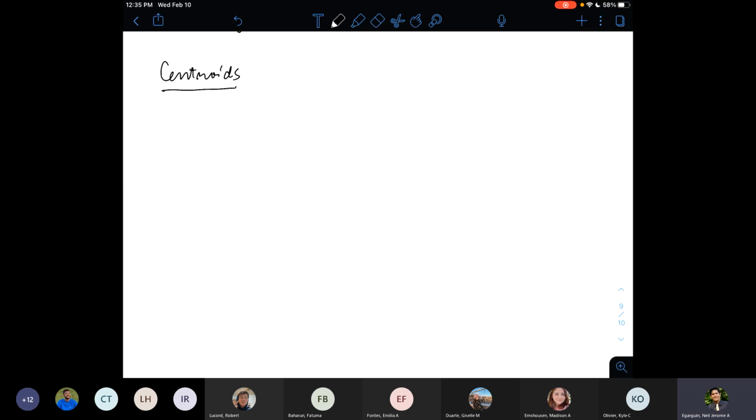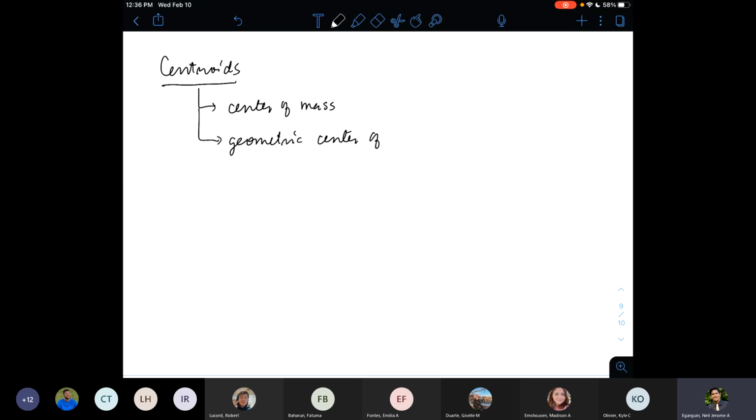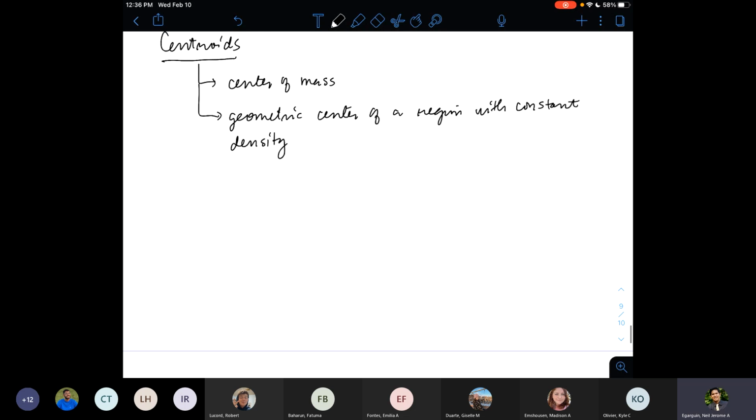Ah, you did the surface area last Monday. Oh, okay, I see. Now let's look at centroids. Centroids are basically the center of mass for a region, or this is also the geometric center of a region with constant density. So that means if you have this region,